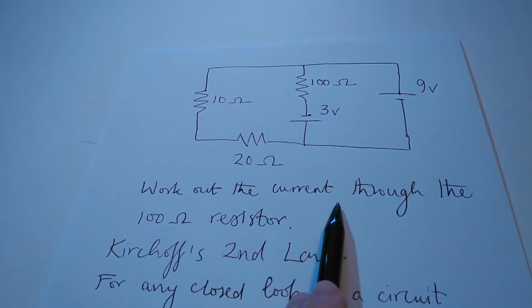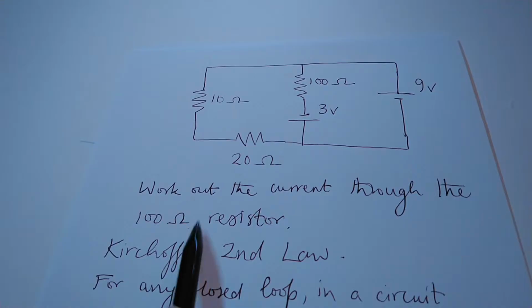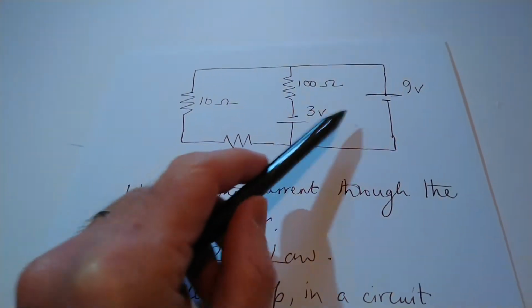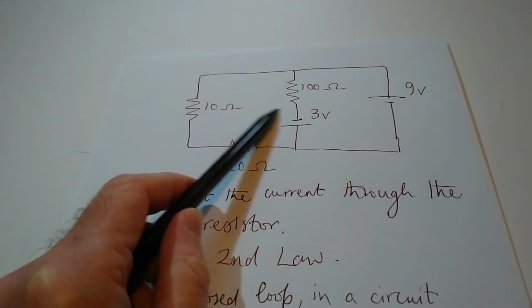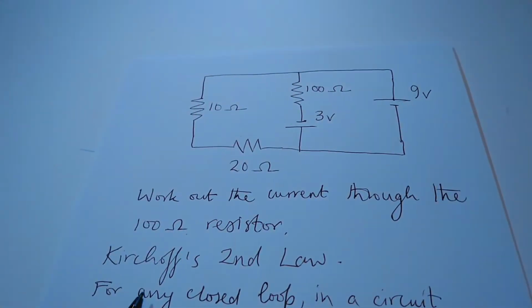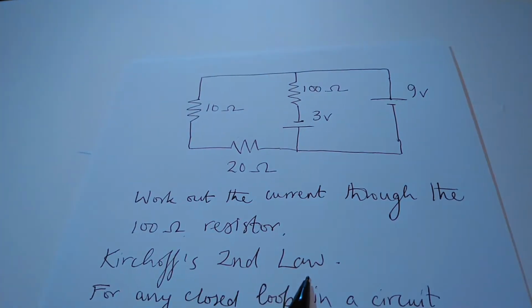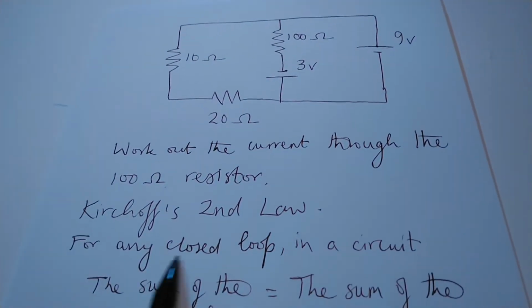All right, well, we've been asked to work out the current through the 100 ohm resistor, and that's just here. So how are we going to do this? Well, we've got these other resistors here, but we don't have any current information. So what we can do is actually use Kirchhoff's second law, and that says that for any closed loop in